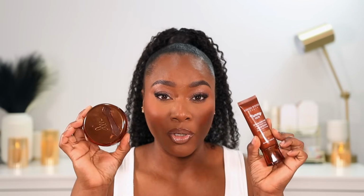When I say this is magic in a bottle, it is a hydrating skin tint, but it's also a long wearing skin tint. It gives you light coverage, but it also evens out your skin tone. It is light coverage, but it can pull off like a full coverage look. I don't know if that makes any sense at all. This on its own is pretty long wearing, but if you pair it with the Yummy Skin Tint Blurring Balm, long wearing, glowy, beautiful makeup that is going to wear